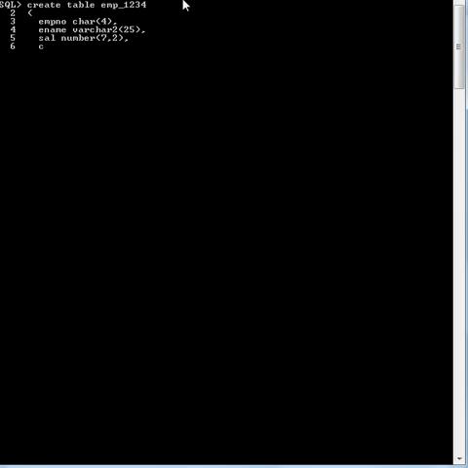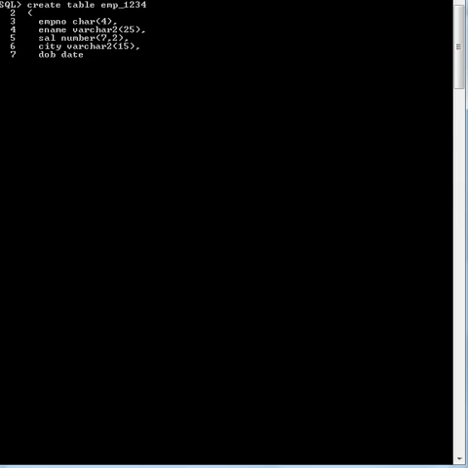And we have ct, varchar2. Then we have dob, with the date data type.